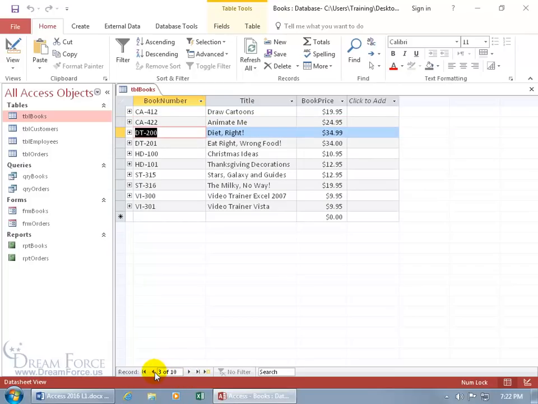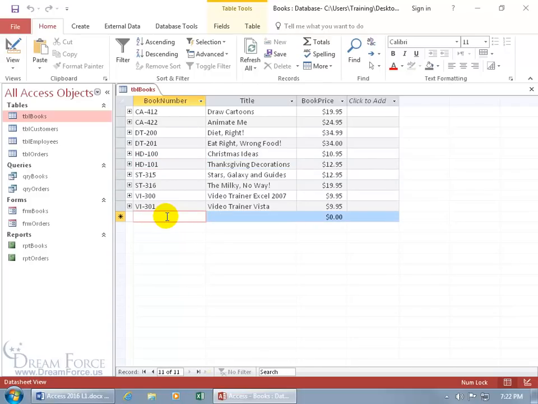And you can do that. You can go to the next one, you can go to the previous one, or you can go to the first record or go to the last record. Or if you want to go to like record number 6, just click in that box there, delete what's there, type in 6, hit enter, and boom, takes me right to it. And then if I want to enter in a new record, I need to go into the last blank row here, just click there, and then I can just start typing in the book number, title, and book price,